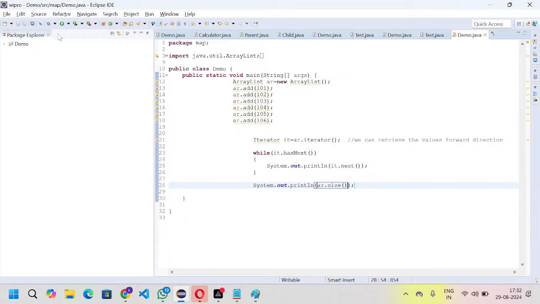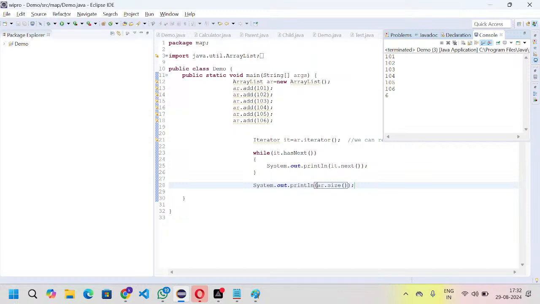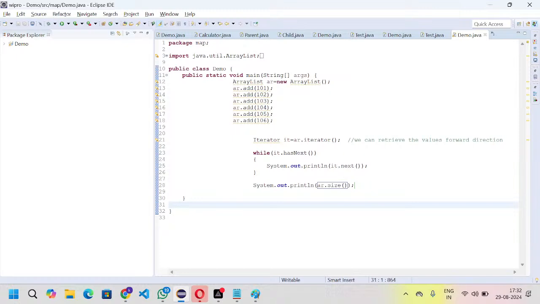Okay, inside this one, and then you can run this one. You can get the size. The array size is 6. Okay, this is with respect to